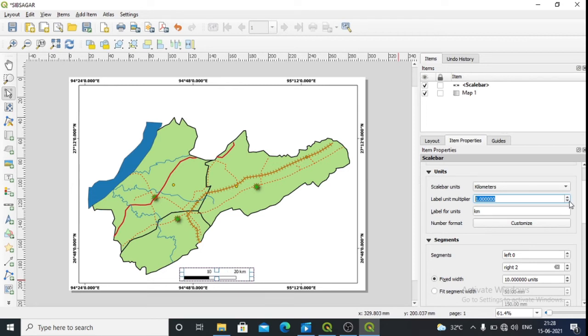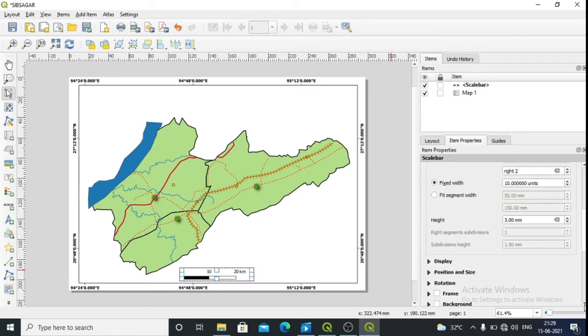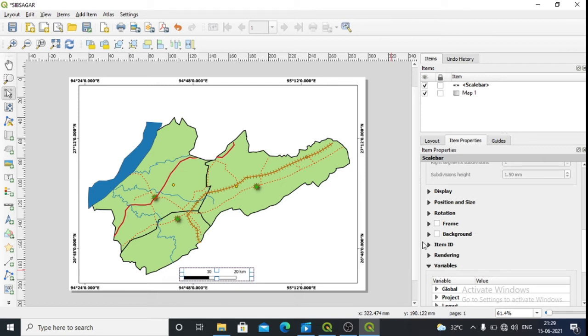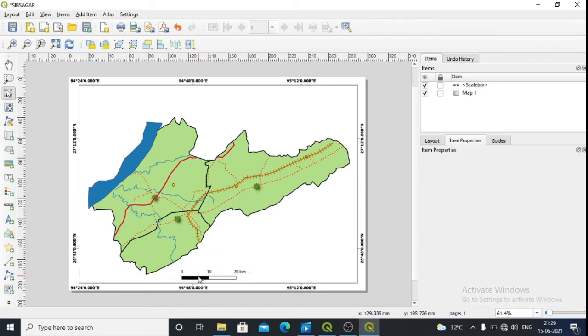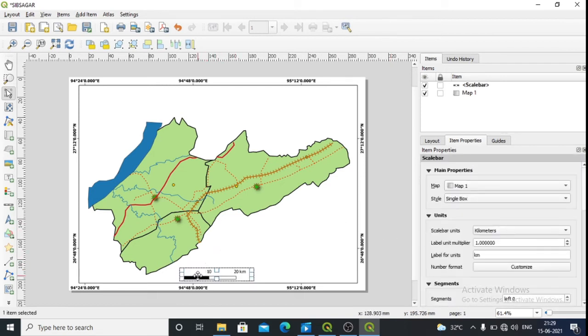According to your convenience you can change this one. Okay, this is a scale, then just move it a little bit this side. Now let us add the heading, that is add the label.